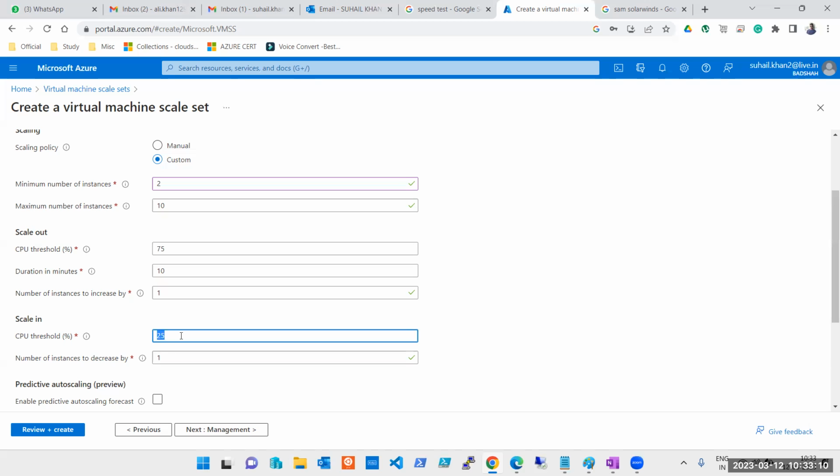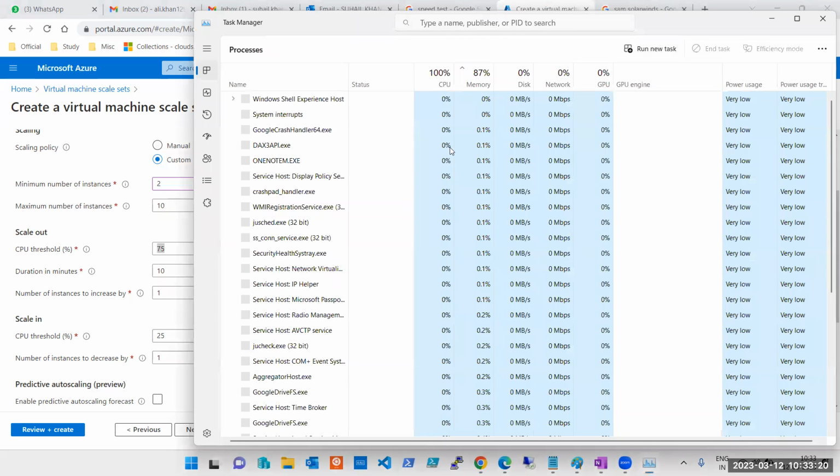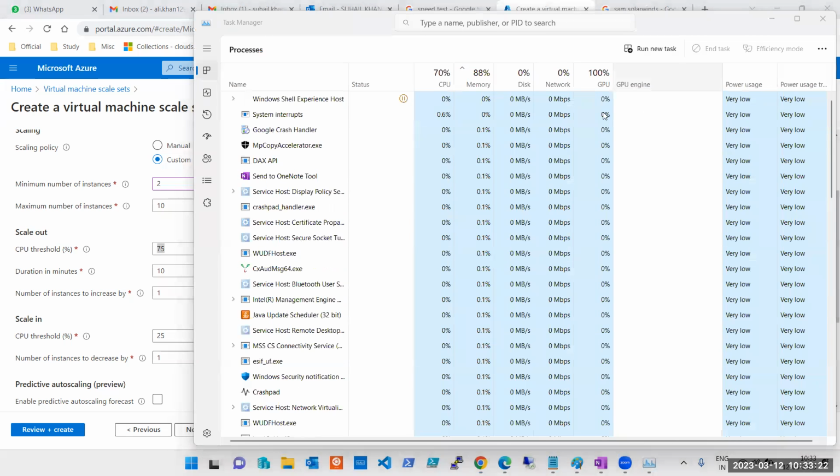Our threshold कैसे आ रहा है? Let's say 0 users have logged in और कोई inbuilt process है ना, उसी से ये चल रहा है. Let me show my task manager to you. It's not always users जिनकी वजह से आपका CPU चलता रहेगा. Now if you see my CPU,